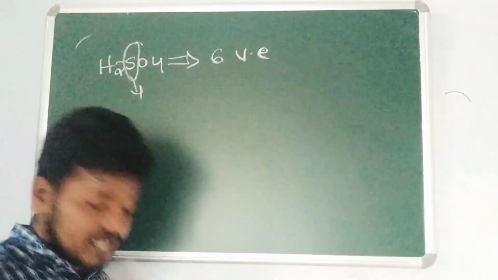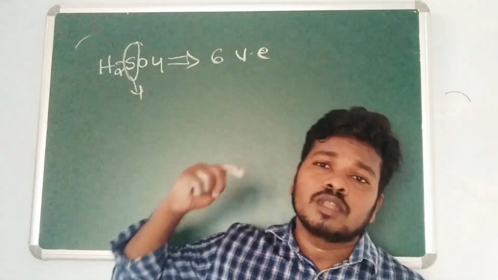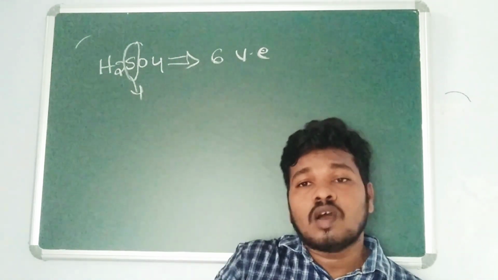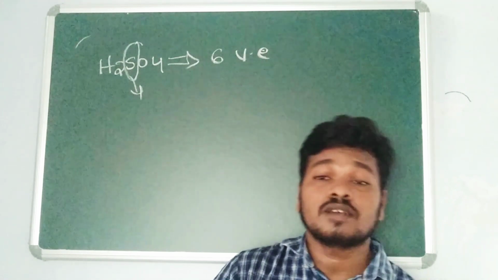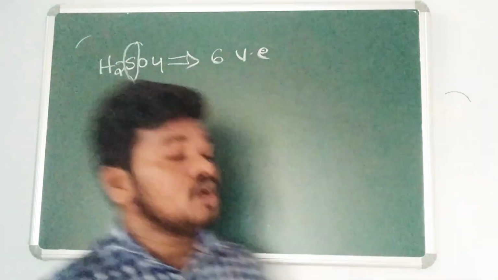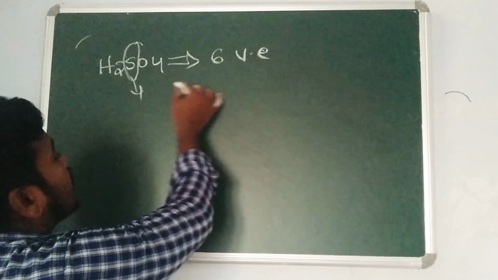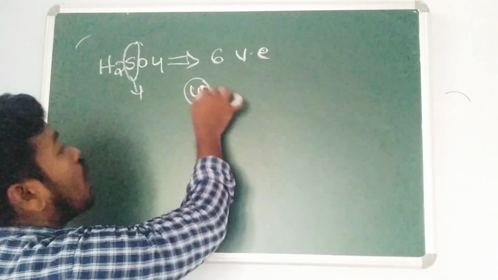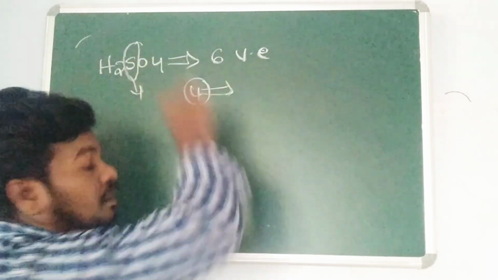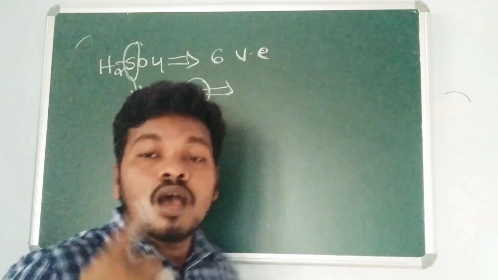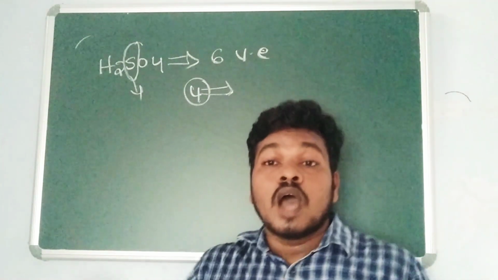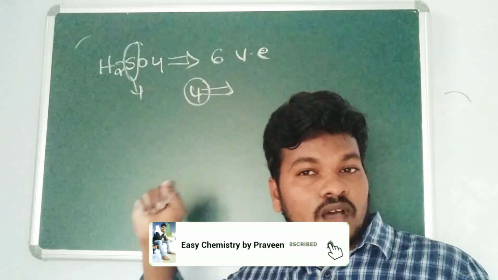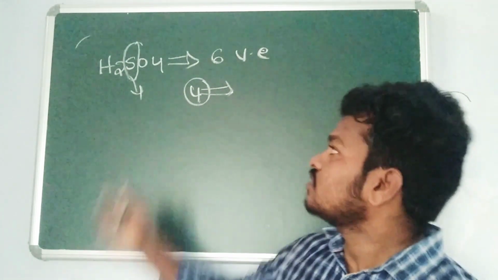The first step is completed. In the case of oxyacids, if you want to find out the remaining element, you can follow the first method. But for oxyacids of phosphorus and oxyacids of sulfur, you can use this method. So here you can see 6 valence electrons. How many oxygens are there? 4 oxygens. Out of 4, how many form a double bond and how many form a single bond? You can identify that from how many hydrogens are there, which will form a single bond with oxygen.